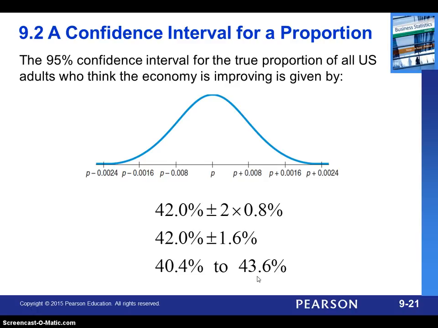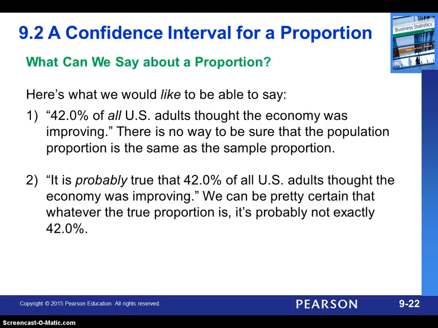Now let's see how we can advertise those numbers. We took one sample of 3,500 people, which is a nice sample size. That's very large, so we should meet all our conditions. We'll check that at the end. But what we want to say from that one sample is, what's the true proportion of all U.S. adults who think the